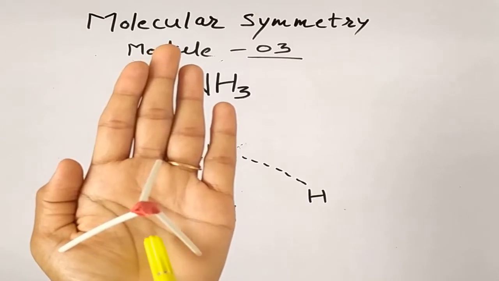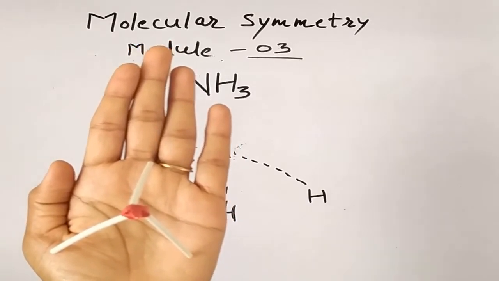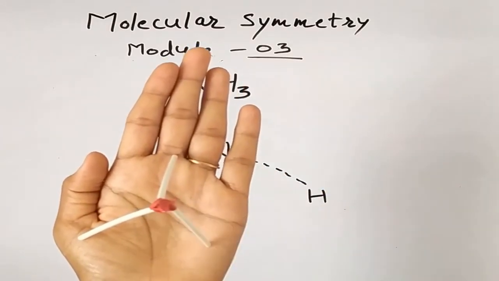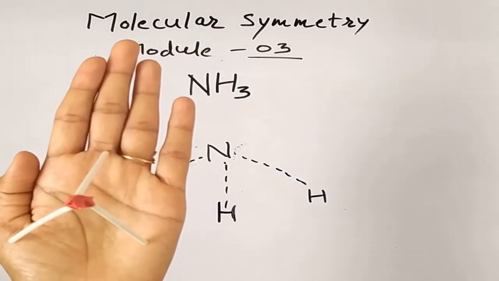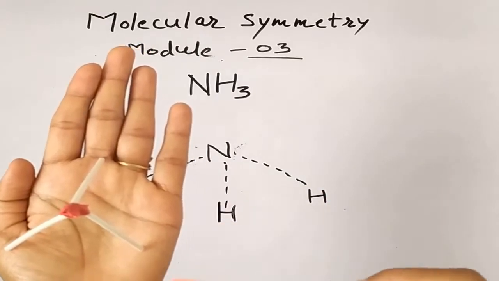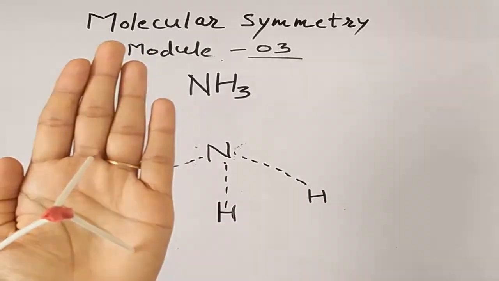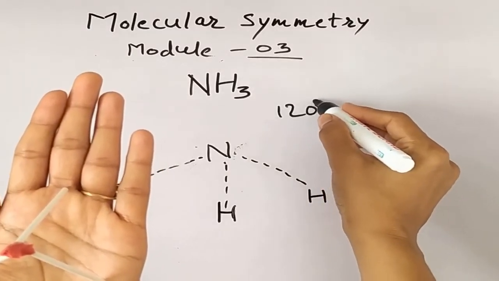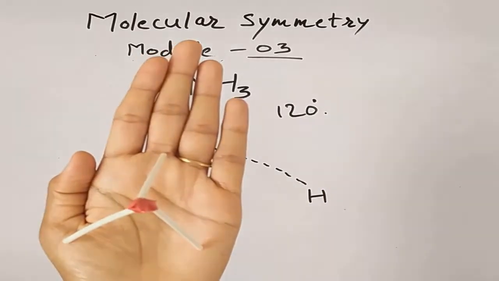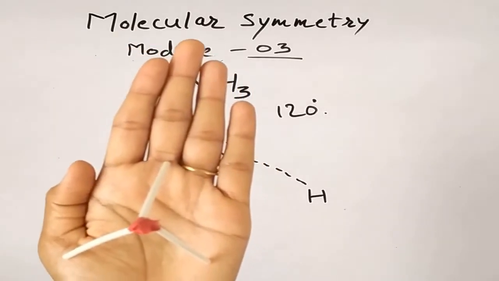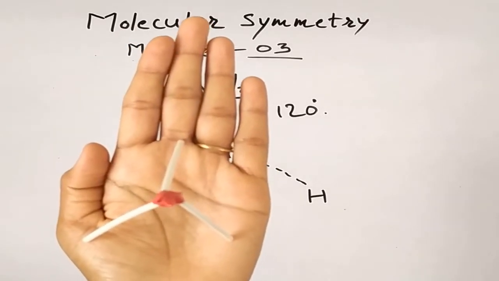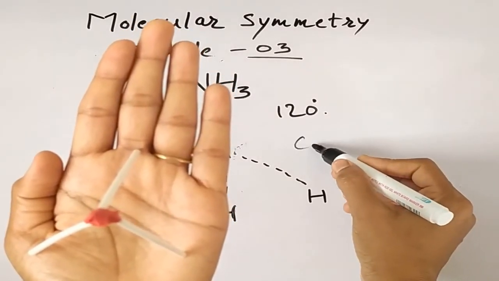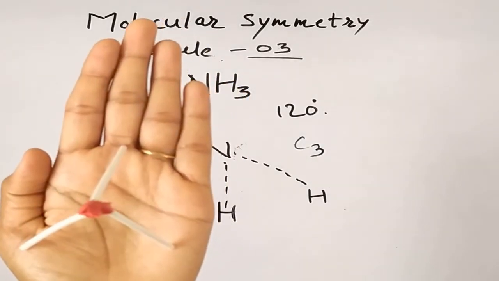The image is forming the triangle at the base. We have already defined the geometry, it is trigonal and pyramidal. So what is the angle obtained at the base of a triangle? It is 120, means by what degree the rotation is taking place? 120. Or how many times we have rotated the molecule to get the original image? 3 times. Hence the rotational axis you get is C3.